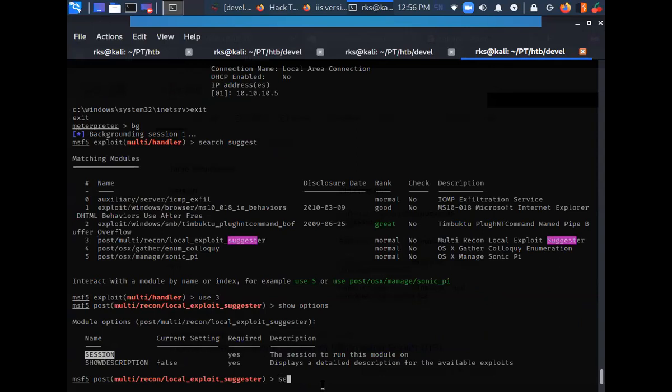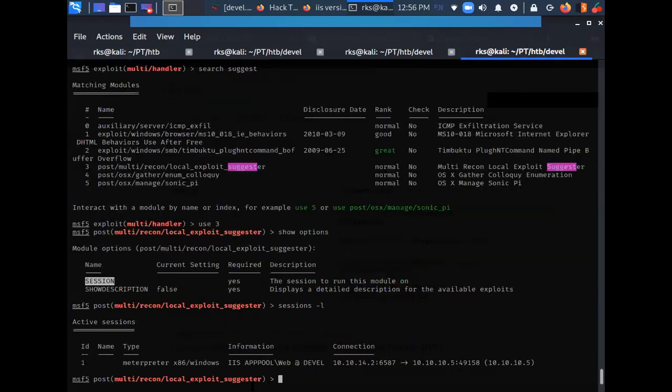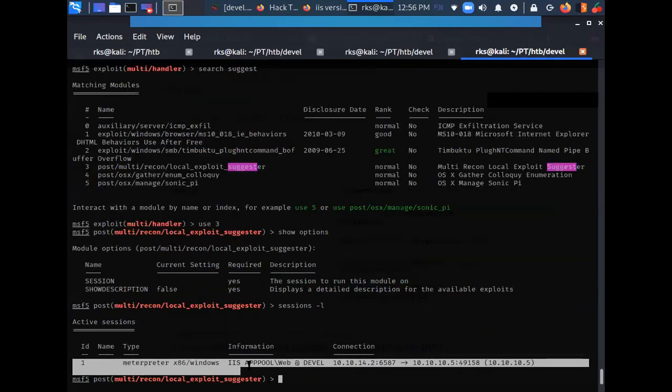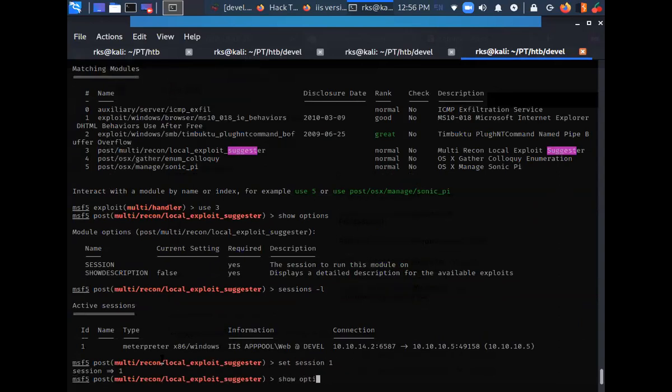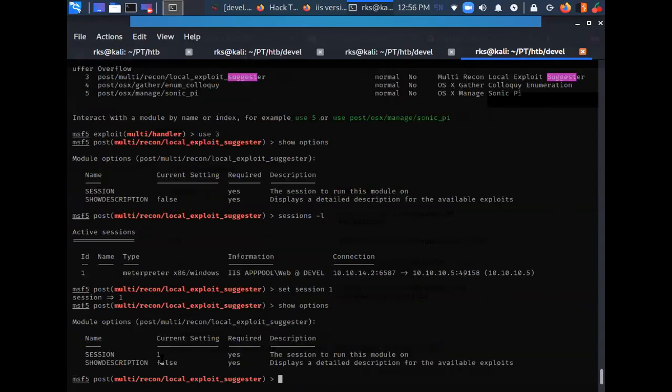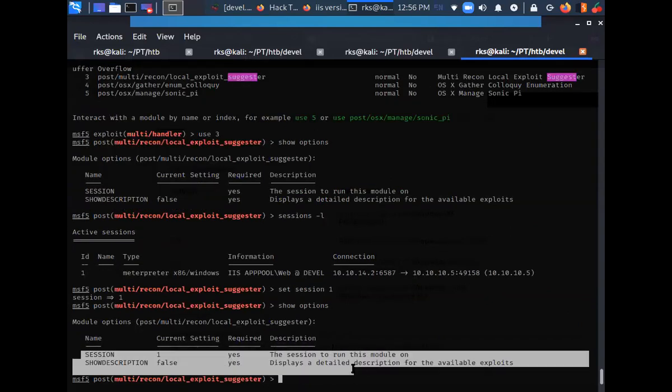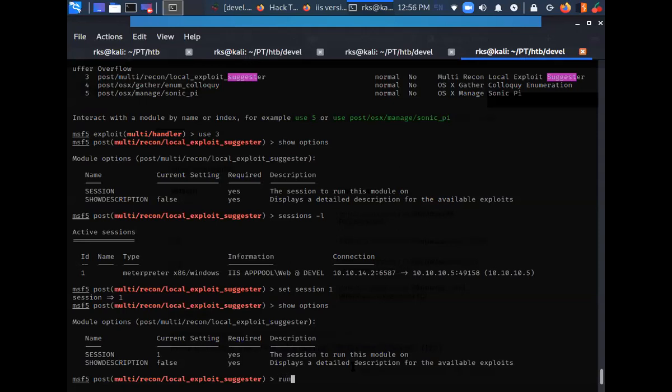So let's just do sessions -L to list the active sessions. I have one session, so let's just do set session 1, show options. The session has been set, and let's click on run.